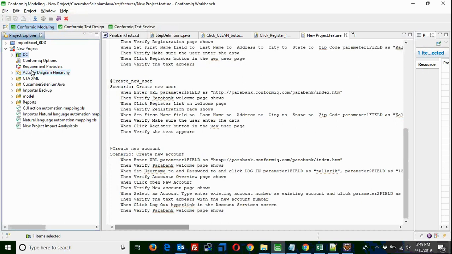Since it is converting a bulk number of manual test cases, we first have to do a profiling of the manual test cases to ensure all the test scripts are properly written, maybe through review or some intelligent mechanism. We have to do that before taking it up with Confirm IQ. That's what the discussion is. Right, Bala?